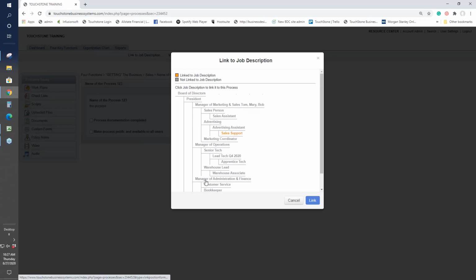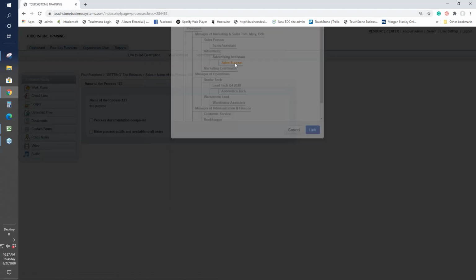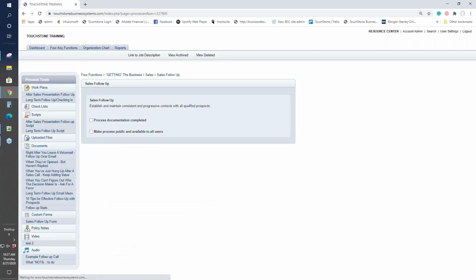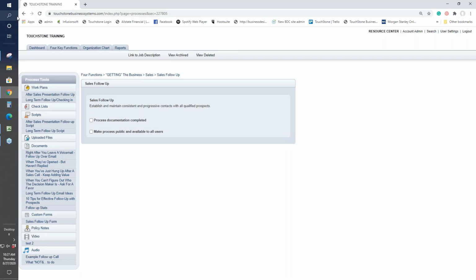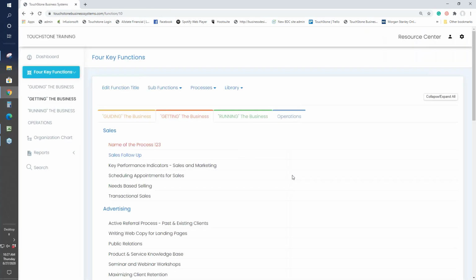That it's been linked and that it's on the correct ones. If it is, close out, hit the back button, go to the next process. Sales follow-up, click it, link to job description. Is it on the right job descriptions? If it isn't, you can edit it from here. If it is, you just hit cancel, back button, go to the next one. So this is just a few clicks per process, but it's a good idea to do just to make sure